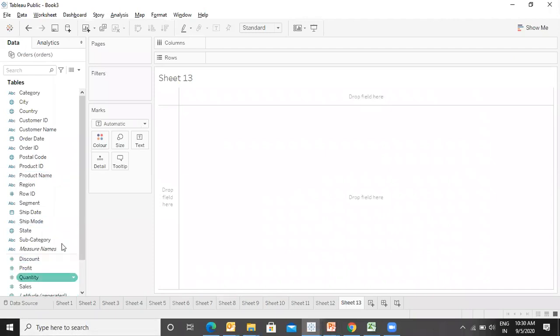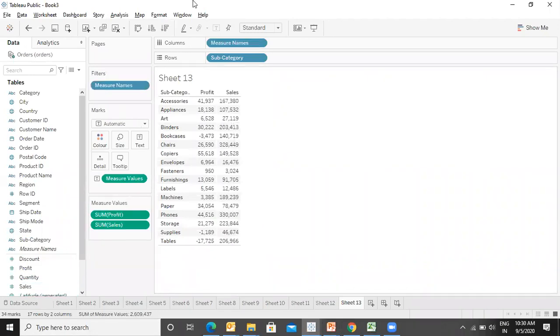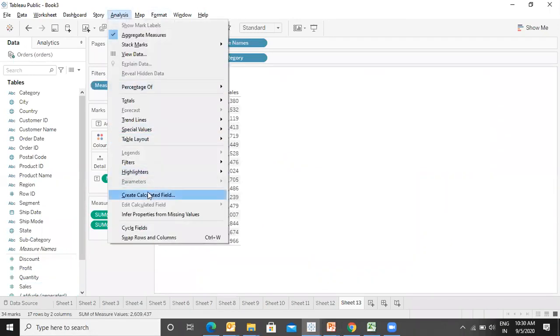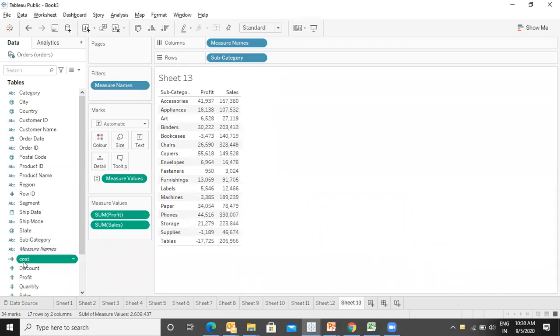Suppose we have taken the subcategory and displayed the profit and the sales, and we go to Analysis, Create Calculated Field, and we say cost: sum of sales minus sum of profit. Say okay. It has been created.